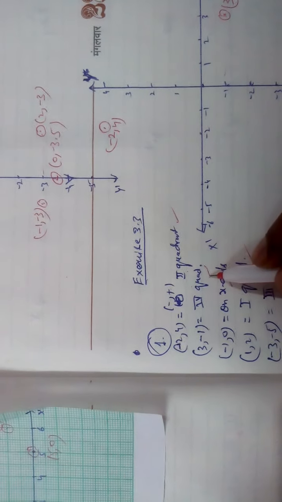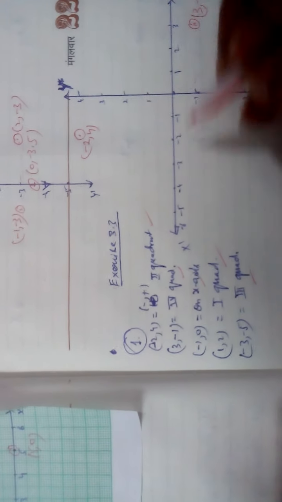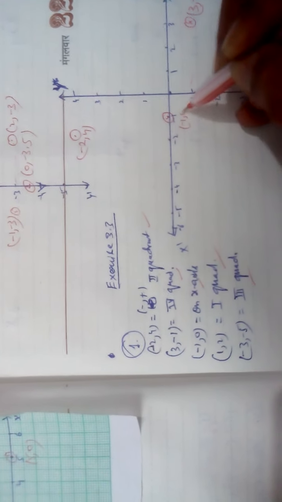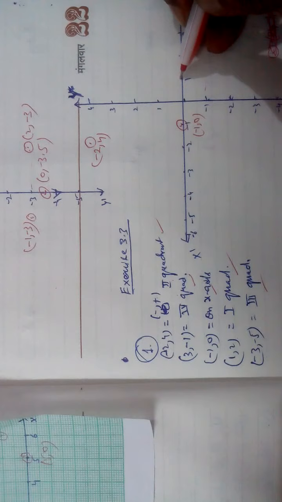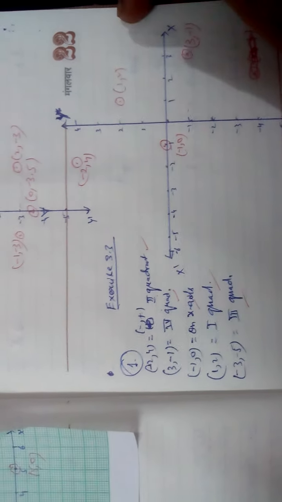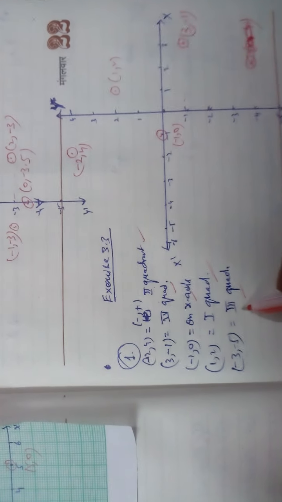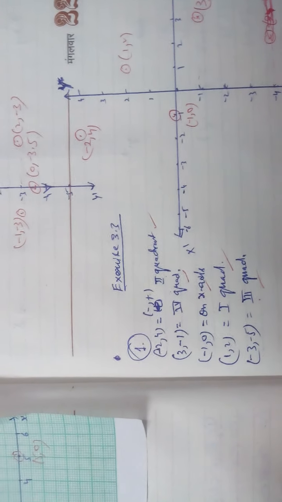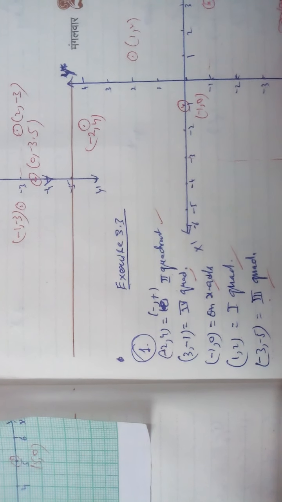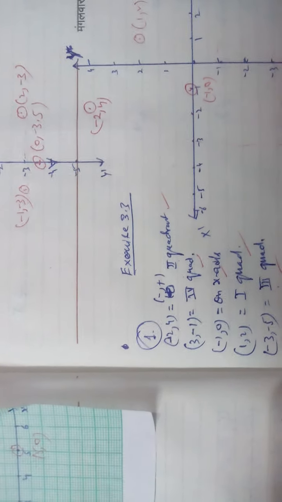Quadrant? Fourth quadrant. Minus 1 comma 0 on x axis, minus 1 comma 0, so it is on x axis. 1 comma 2, 1, then we will go here 2, 1 comma 2, first quadrant, verified. Minus 3 comma minus 5, if it is given verified then only you draw, otherwise it is sufficient. Minus 3 then will come till minus 5, so here minus 3 comma minus 5, which quadrant? Third quadrant you are getting.